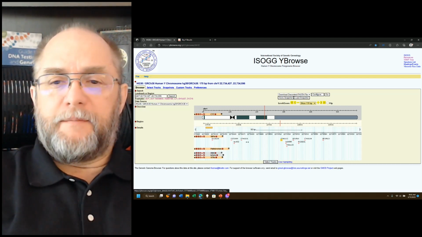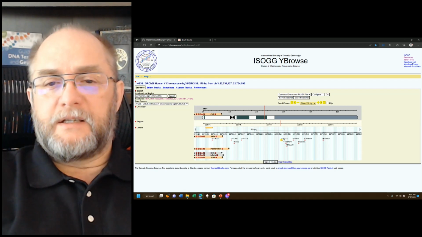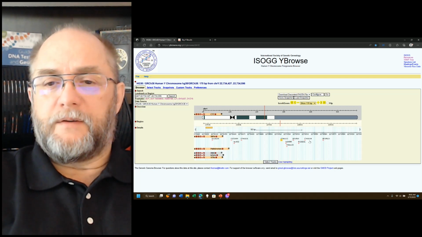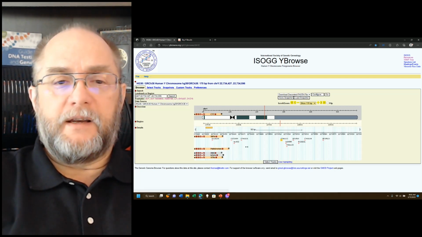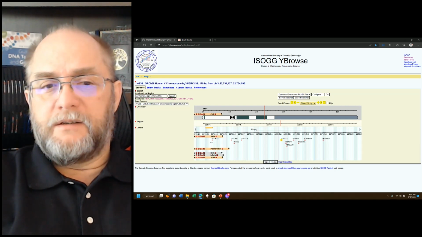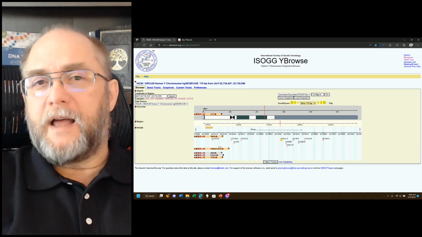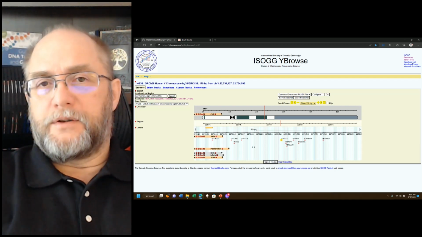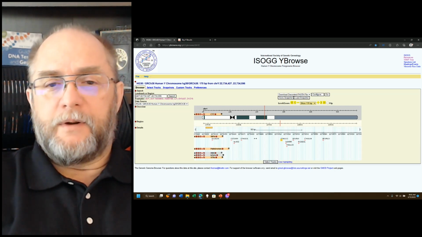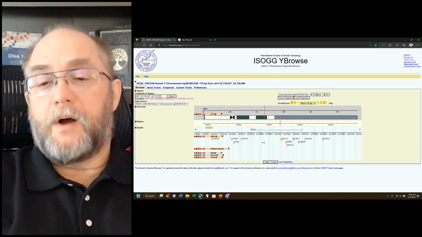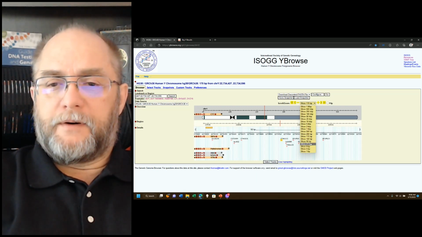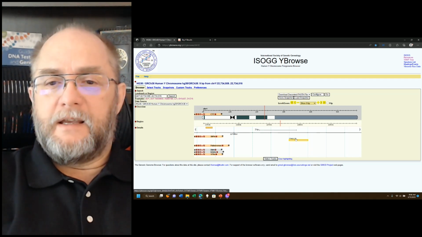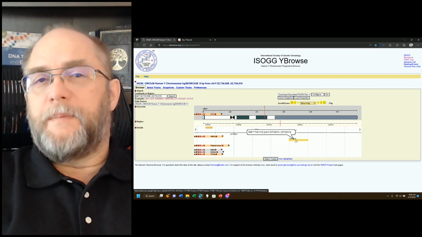These are SNPs that have been defined in this area. Because this is FTDNA, it has one defined here, FTDNA has one defined here, FTDNA has one defined here. Big Y 500, if you see the BY, that's when Family Tree DNA had their first naming convention of BY, and then it went to the FTs once they got into Big Y 700. And then we're going to zoom down just a little bit further, down to 9 SNPs. And now you see that this is indeed the SNP in question,